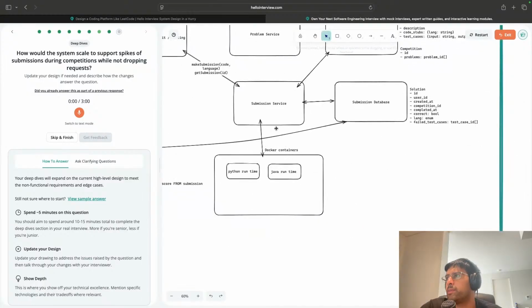Cool. In order to not drop the request, we basically want to make sure that